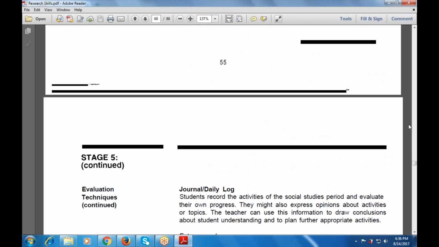So just read out these things, and then next is what are the various techniques that are used for the evaluation. Just read out. Different techniques, that is, what are the various techniques that must be followed or that must be used for the evaluation. First is the journal or the